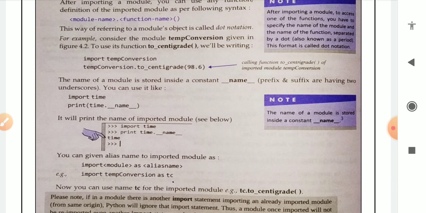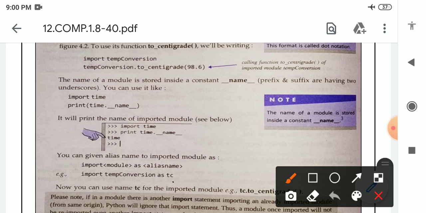The name of the module is stored inside a constant. The name of the constant is what? Underscore name underscore, means prefix and suffix having two underscores. How can we use this constant? See here. First we will write import.